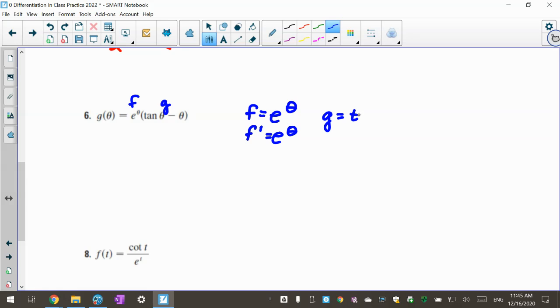g is going to be tan theta minus theta. g prime is, well, the derivative of tan theta is secant squared theta, and the derivative of theta is like an x, it's a variable, so it's just minus 1. Okay? Now, the one thing on here, you have to be careful because I start looking at anything with a squared there,